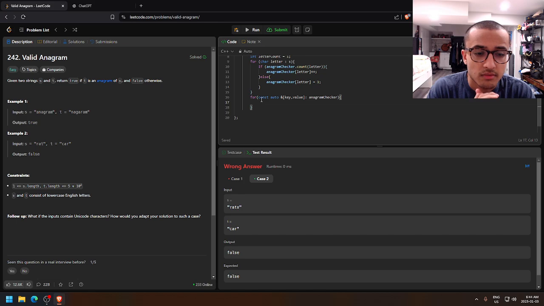Now we're working through the anagram checker. Okay, so it should give us two values. Now we just check is key